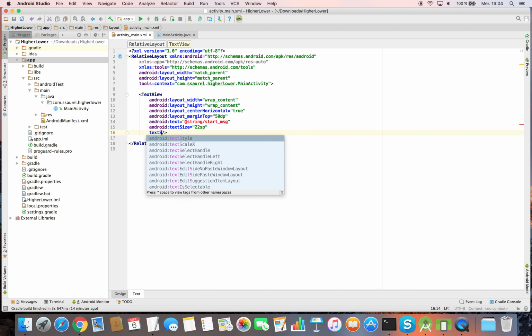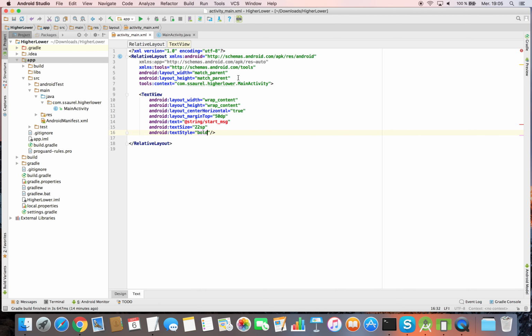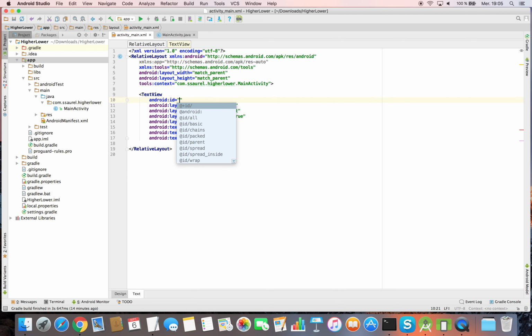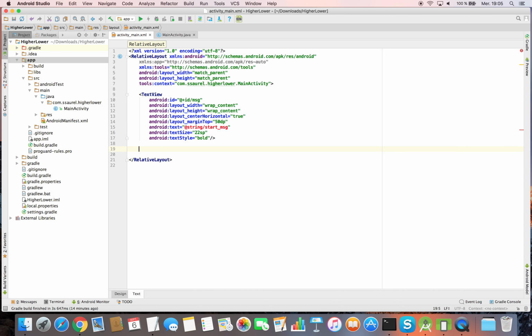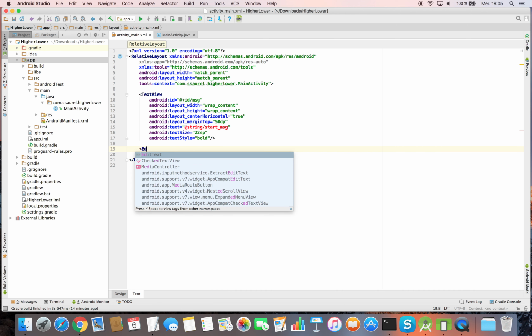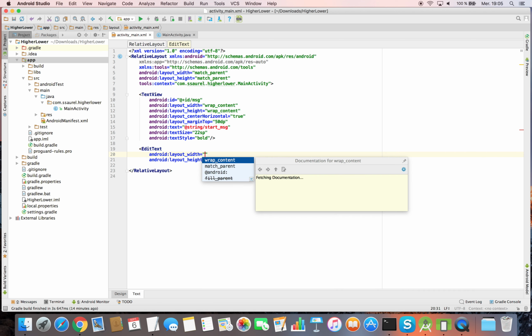Then we make some customizations on the views. For example, we specify that the user will enter numbers on the edit text with the input type attribute set to number. Note also that we add some string labels with a start message and too high or too low messages.